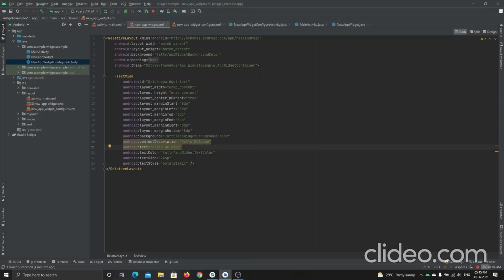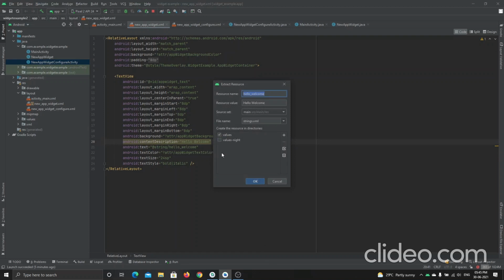Extract string resource. Click on okay. And then this also: context, extract string resource.